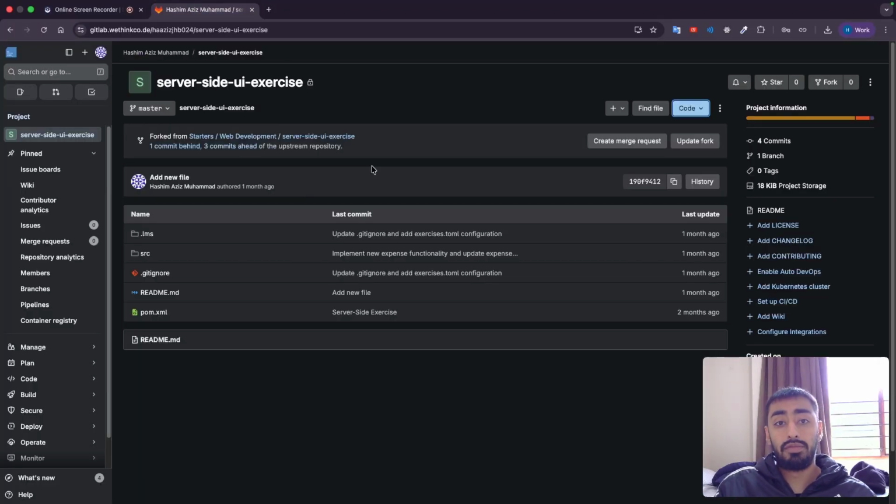Good morning, everyone. My name is Hashim Aziz, and I will be demonstrating my WeShare-MVC application for the server-side UI exercise. Here we will start at our official GitLab repository, and within this repository we can see my server-side